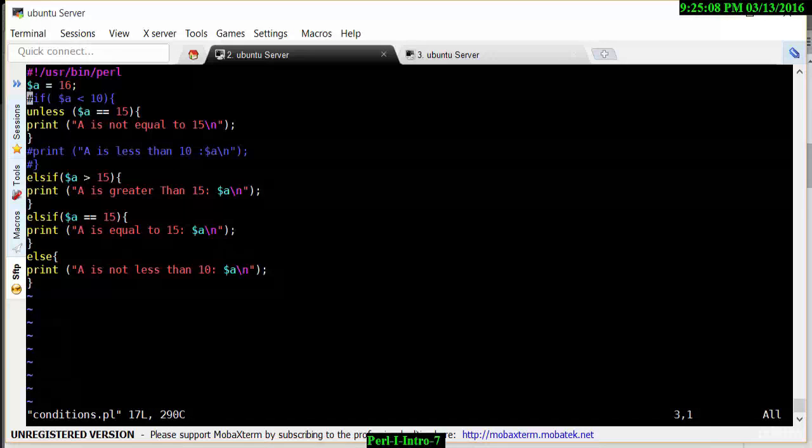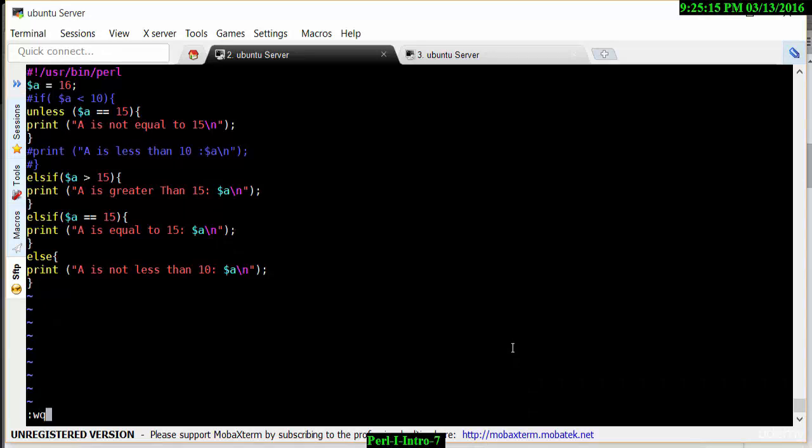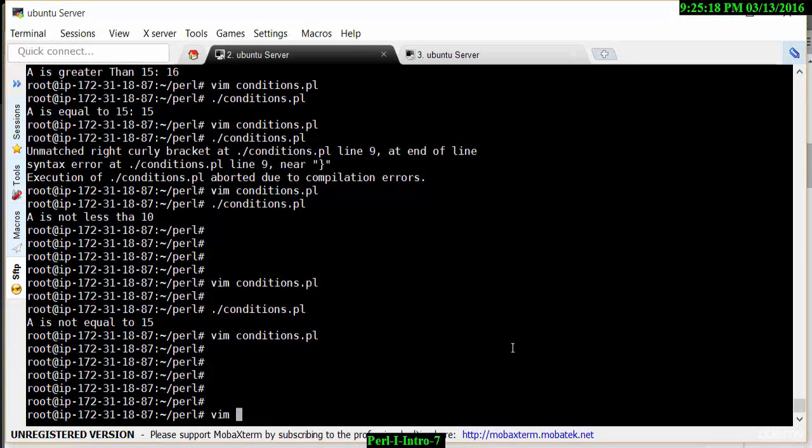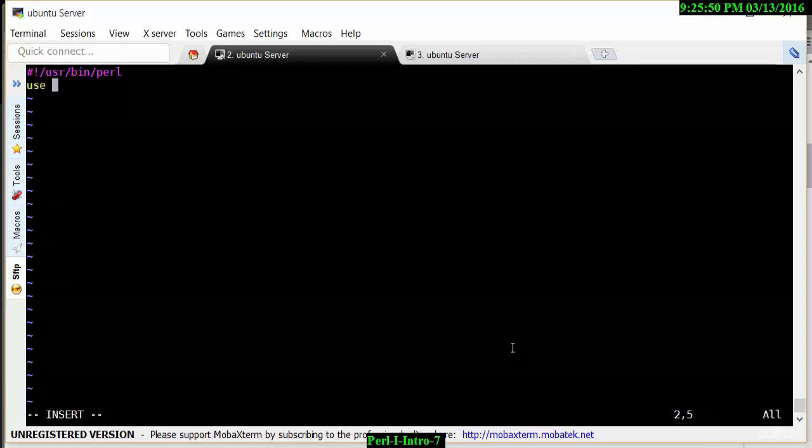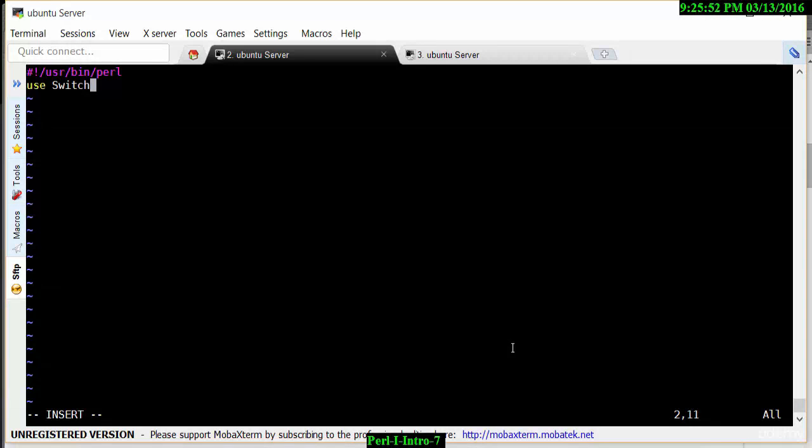a value accordingly. So let's go in and create a new file, and we'll call this file switch.pl. And once I go into the file, I just want to create the shebang statement and make sure we start with that. And we may need to import the switch module, which I will show you how to do shortly. I have forgotten a character, so I'll just go back and put the exclamation mark here, which then makes the file work correctly. To use the switch module, I type in use switch, and then we want to type in